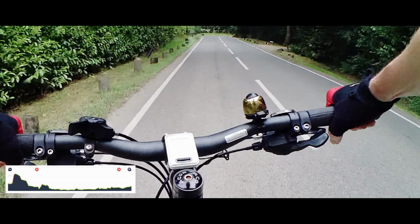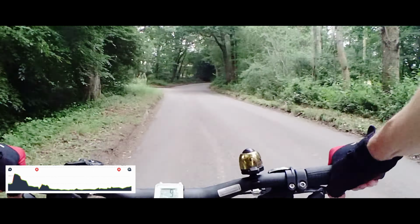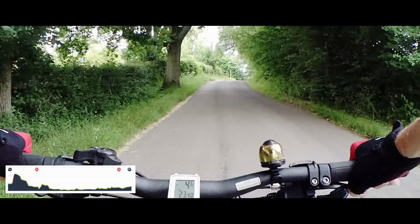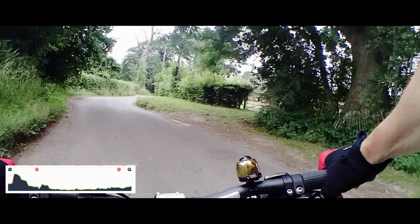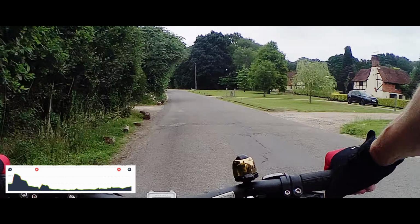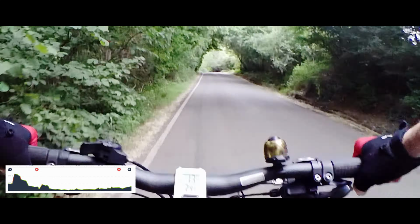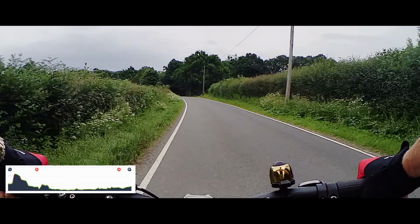But now we've come back out on the road that we were on before, and we're going to turn left into Wallace Wood. And Wallace Wood, many of our previous routes have been through Wallace Wood, but we're working our way around here, and this is really retracing our steps back home. So out the back of Wallace Wood, which had the bluebells in. If you might have seen a previous route, there were lots of bluebells there at the nature reserve, Wallace Wood